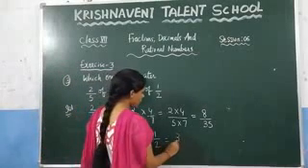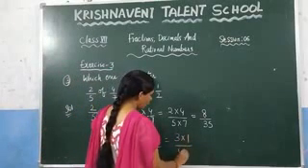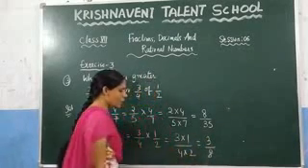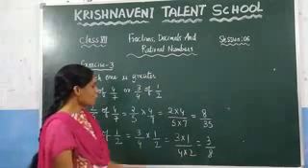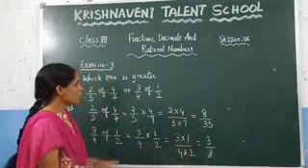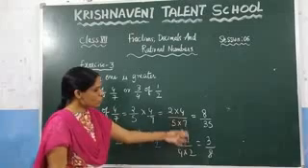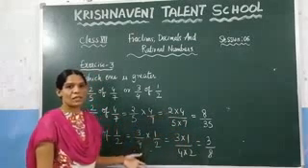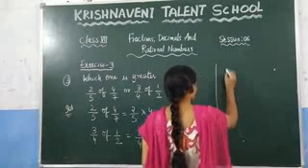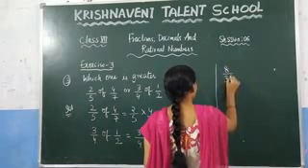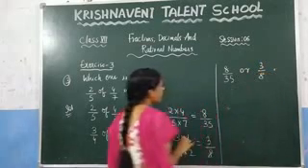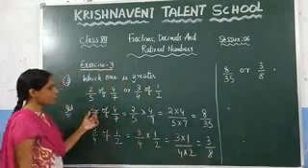So what will we get here? 3 into 1 by 4 into 2. What is the value of 3 into 1? Which is 3. 4 into 2, which is 8. Now we got the results, which are 8 by 35 and 3 by 8. Now you need to find which of these two is the greatest. You got 8 by 35 or 3 by 8. These are the results we got after calculating these two factors.